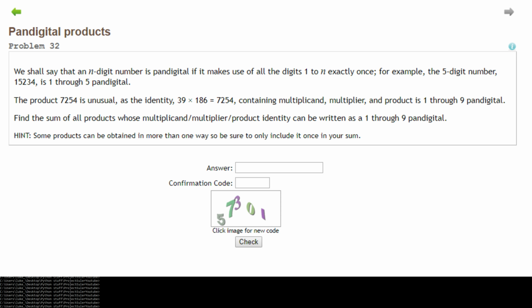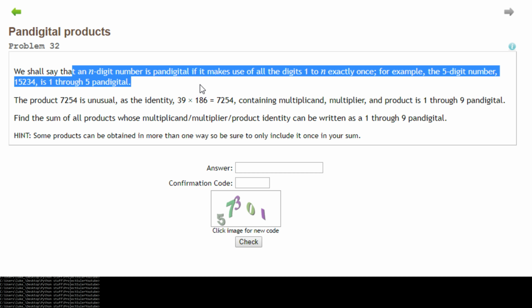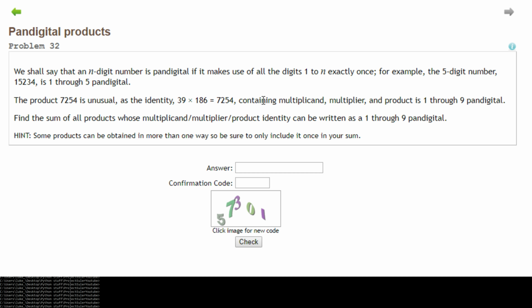Okay, so problem 32 is Pandigital Products. Now I've not actually done this one before, and I have a feeling this might take a while. But yeah, let's get into it. It's pretty difficult to understand the first time we read through this, but from what I gather, what we basically